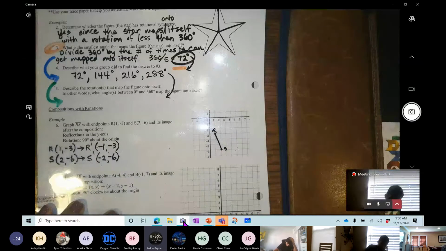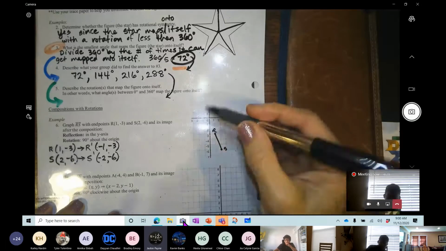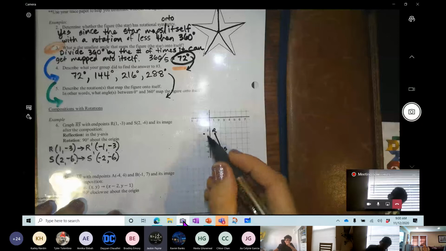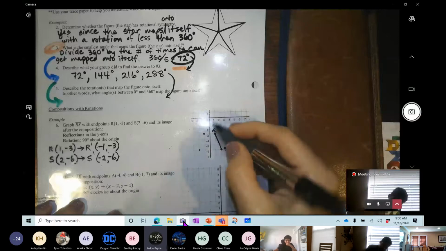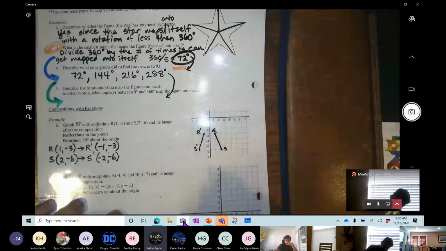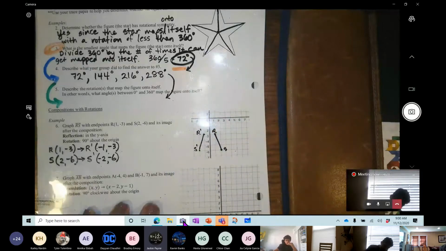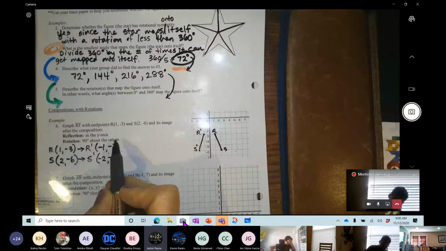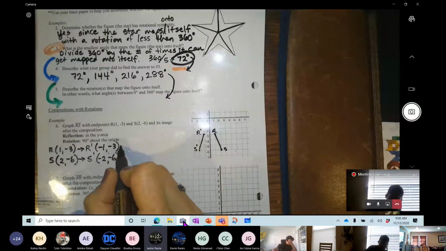So that's the reflection. Now, if you want to, you can also draw that in. That would give you -1, -3, and -2, -6. Okay, that's your first reflection. And then it says rotate 90 degrees about the origin. So if you remember the rule from the other side,